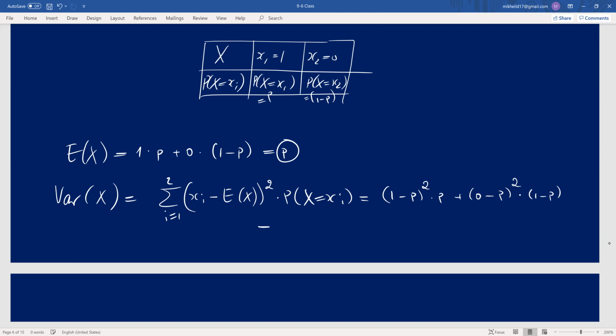So this will be then 1 minus p squared times p plus p squared times 1 minus p. So then